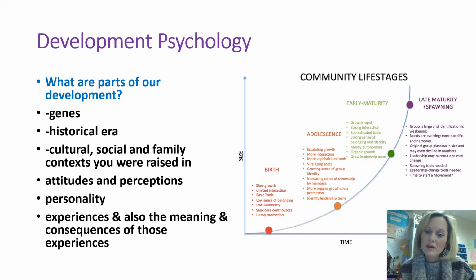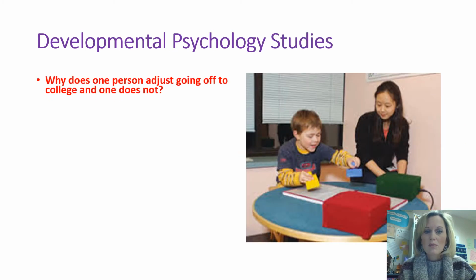We're also born with perceptions and personality, like a temperament, as this section talked about, but we're also going to develop attitudes, perceptions, and some personality traits as we get into those experiences. And the meaning and consequences of experiences really can have a lasting effect on us as well. One of the things that developmental psychologists do is lots of experiments. You'll see the experiment with the kids, and she's trying to test probably something to do with his cognitive abilities.